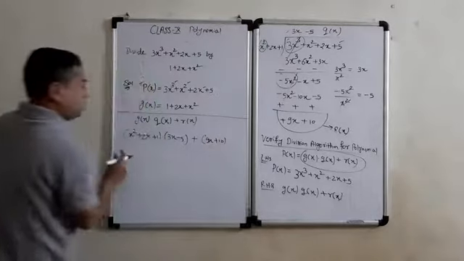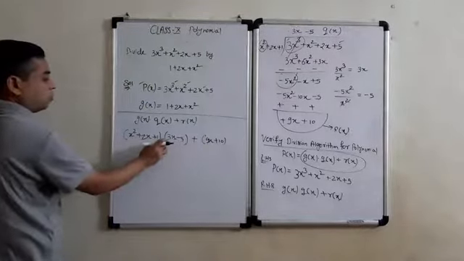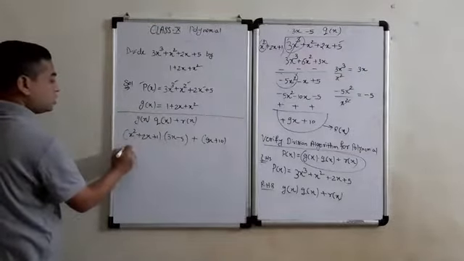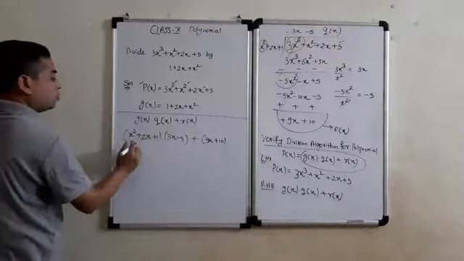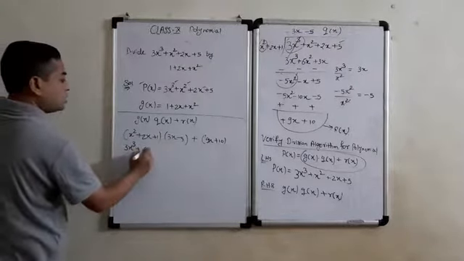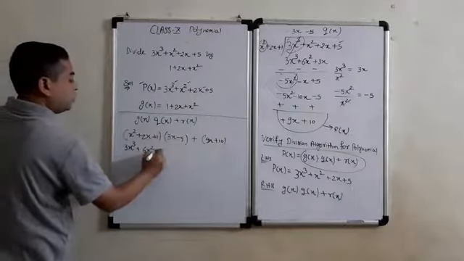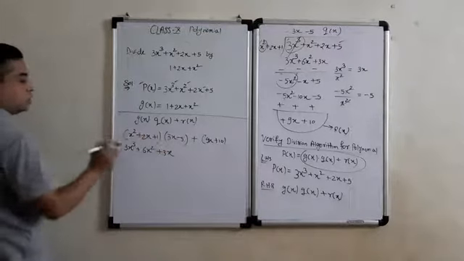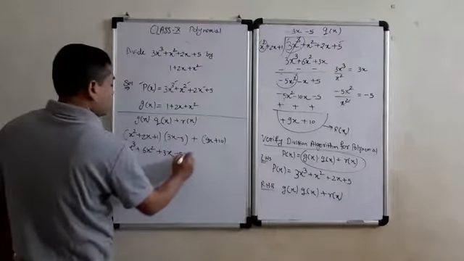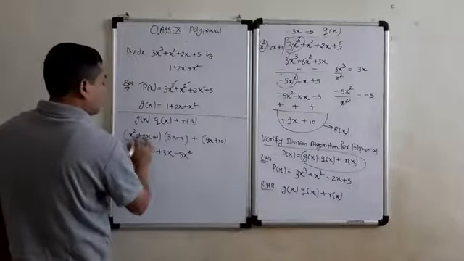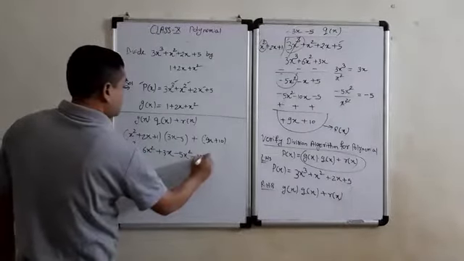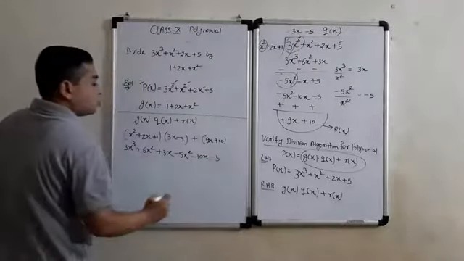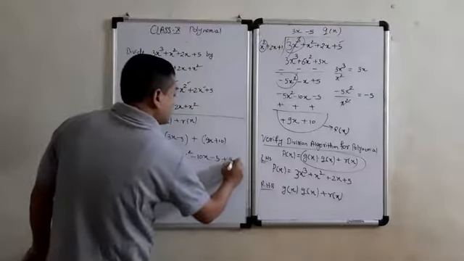Now we will simplify. We will open the brackets. So this 3x will be multiplied with all the three terms. It will give us 3 into x squared, that is 3x cube. Then 3x multiplied with 2x gives 6x squared, and 3x multiplied with 1 will give us 3x. In the same way, minus 5 will be multiplied with all the three terms. So minus 5x squared, then minus 5 into plus 2x is minus 10x, then minus 5. And this bracket also we will open, so that is 9x plus 10.